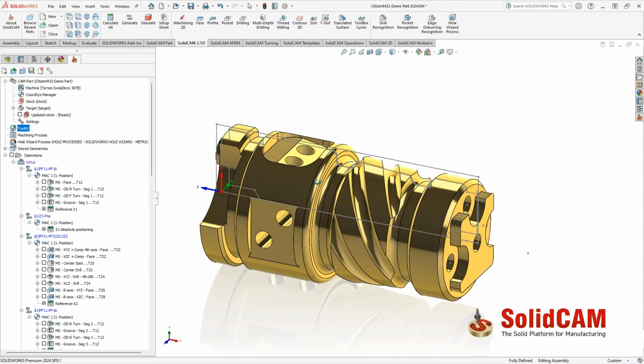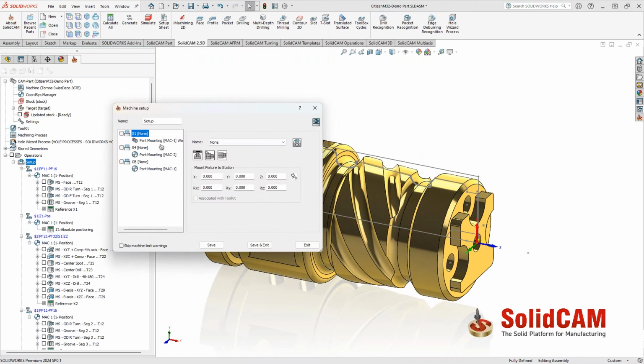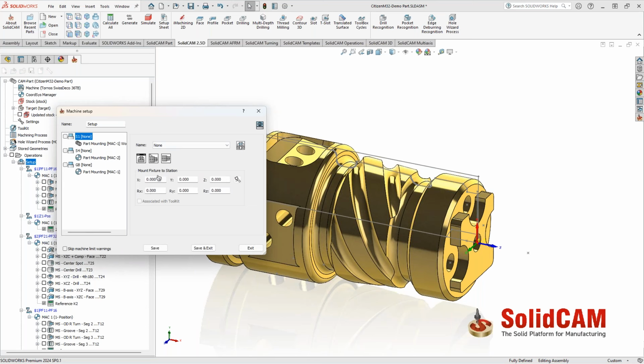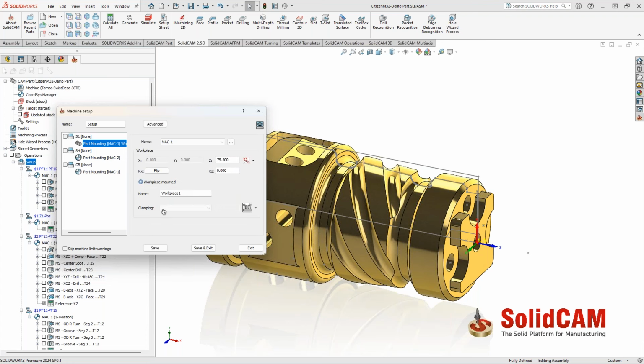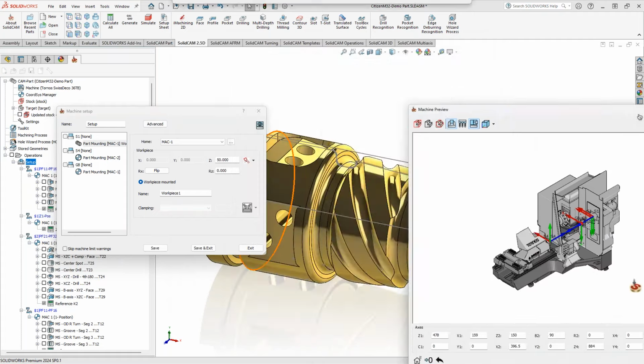Okay, the next feature that I would like to show you is regarding the machine setup. Inside the machine setup, from now on, we can use equations in these fields. This is very handy, especially for the part position locations. For instance, if you have here, my part is 50, and in Swiss type machines, it's pretty handy. It can be used to calculate what will be your